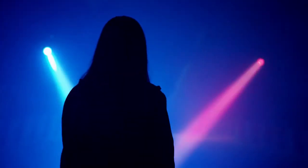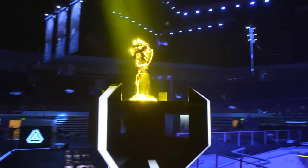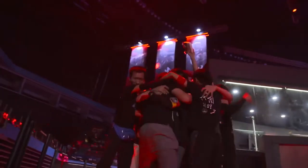toughest international robotics competition. There's 5 minutes left, and the red team is going to have to make something happen quick. It is over! Ladies and gentlemen, here are your ROBOMASTER